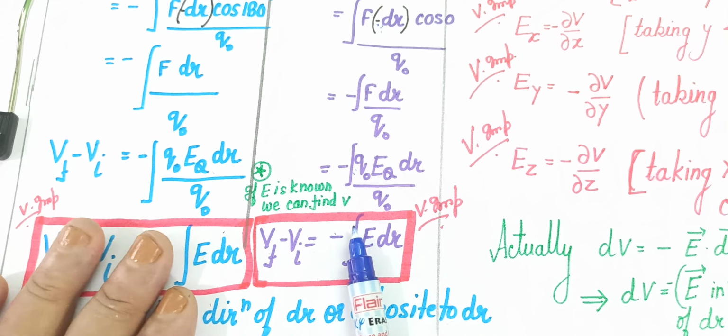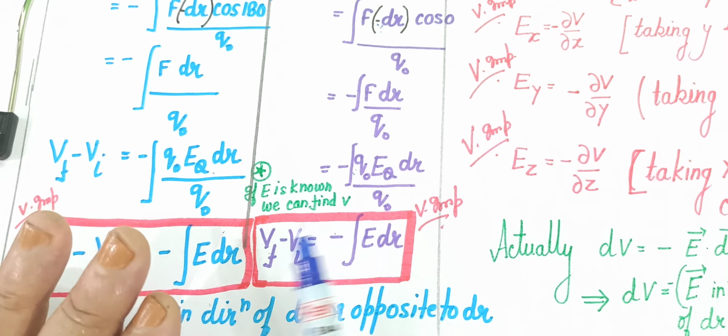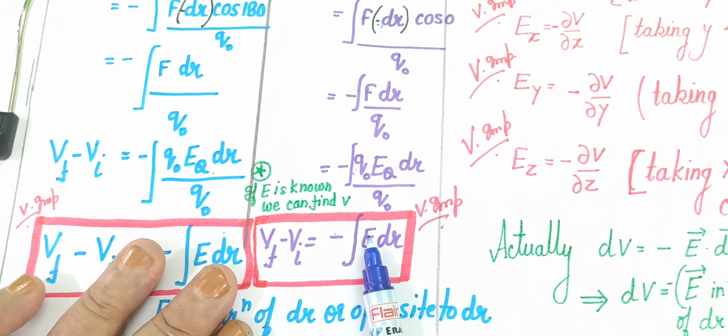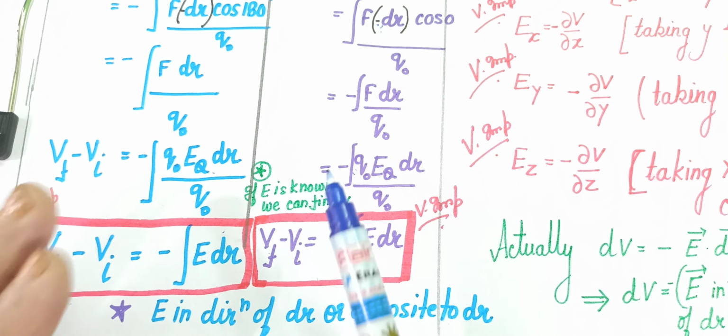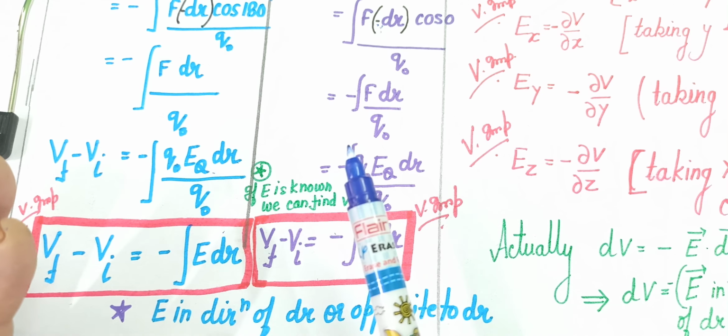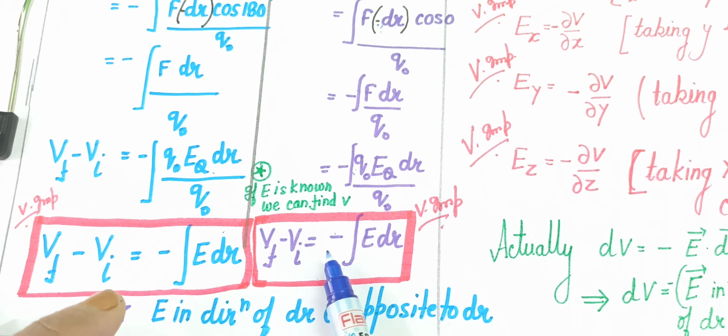And this is going to be a great help in calculating potential difference if E is known, and E if potential difference is known. So in the next class we are going to solve the problem. This is a very important topic and we are going to gain command over this topic and we are going to rock with the numericals.